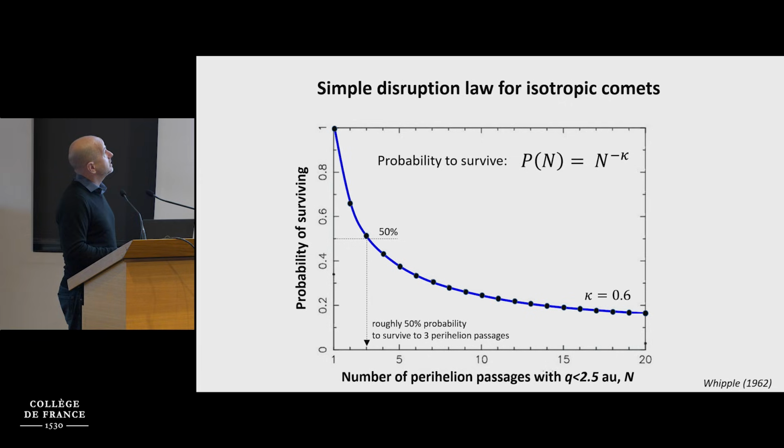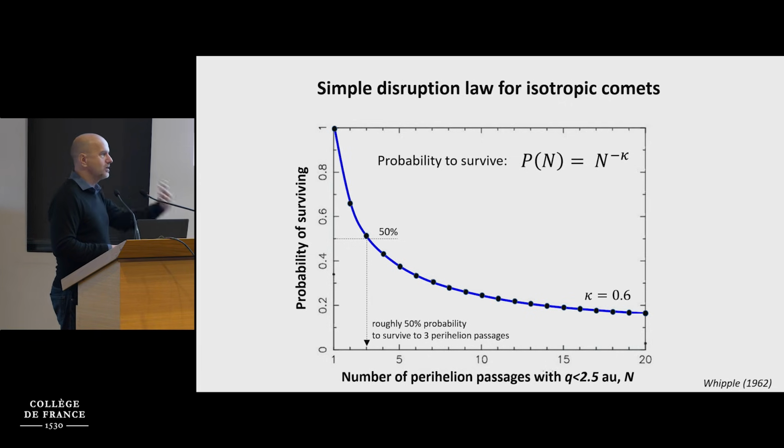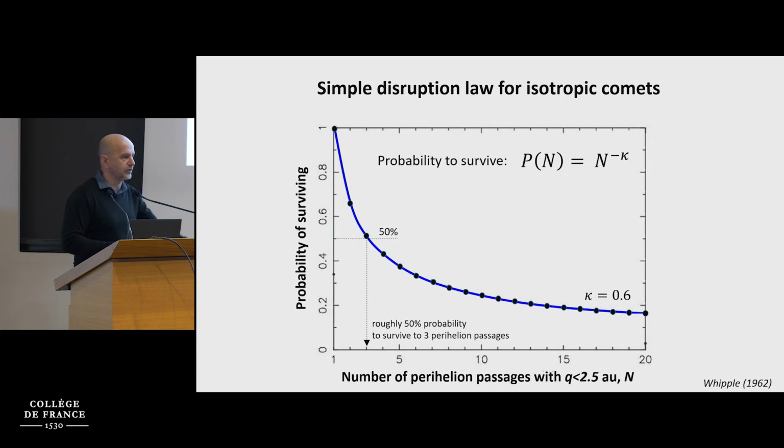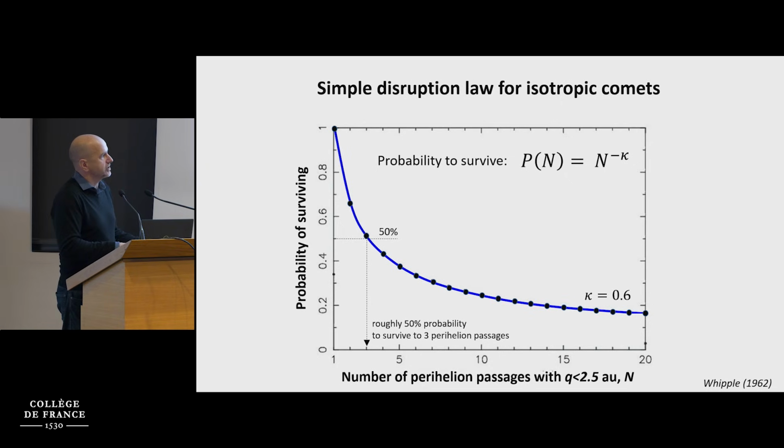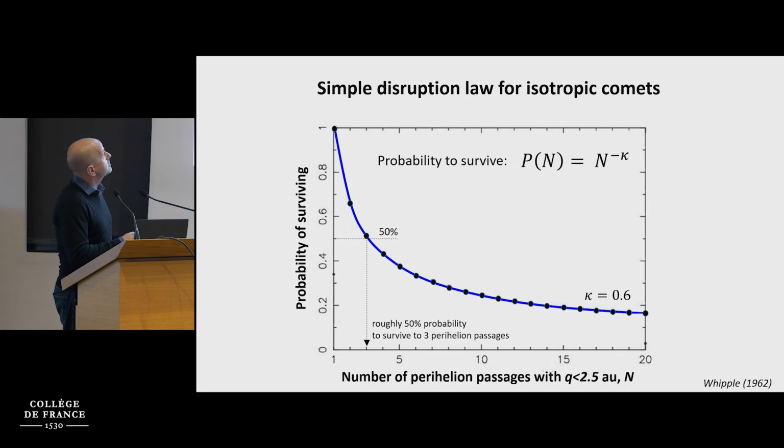The disruption law is simply the probability of surviving to the third or to the fourth perihelion passage as a function of the perihelion passages below 2.5 AU. So for example, surviving to the first perihelion passage, that's 1. Surviving to the second perihelion passage is 65%. This is the functional form that Whipple assumed. It's a simple power